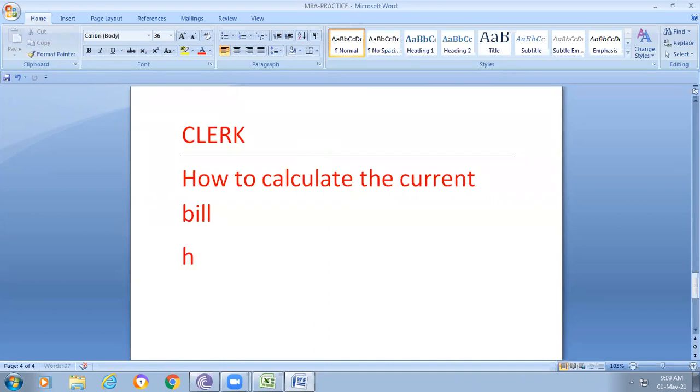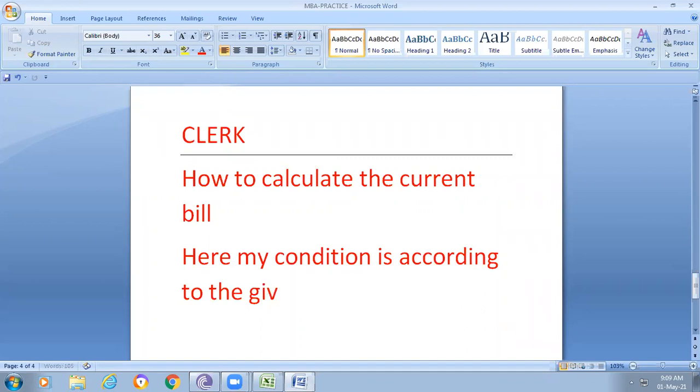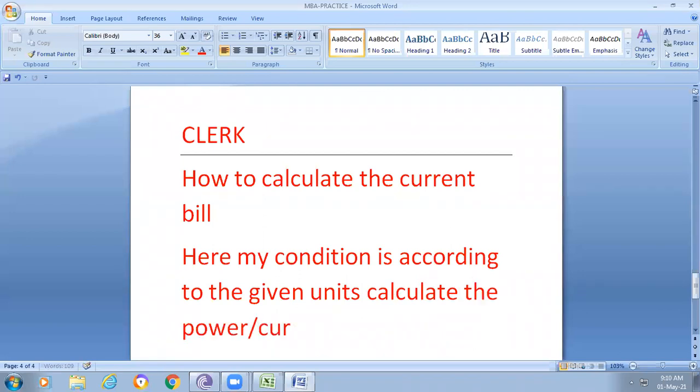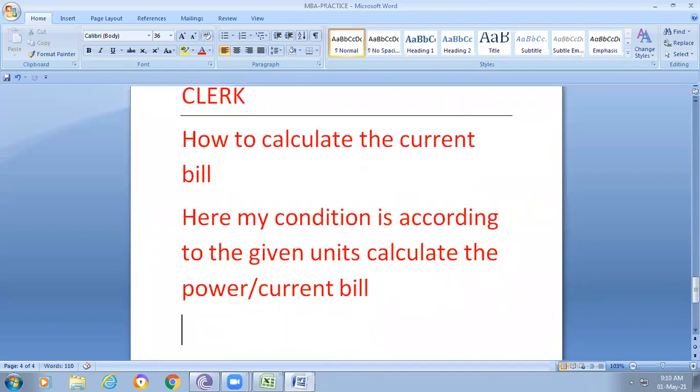Here my condition is: according to the given units, calculate the power bill or current bill. That means it is based on the given units.